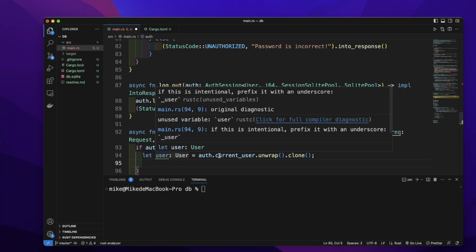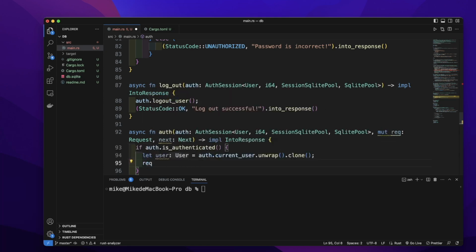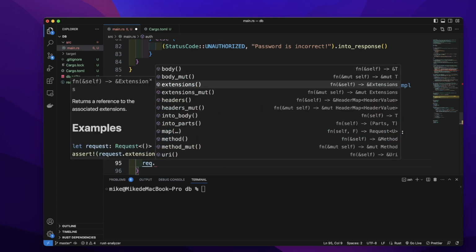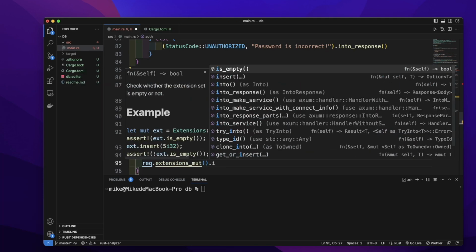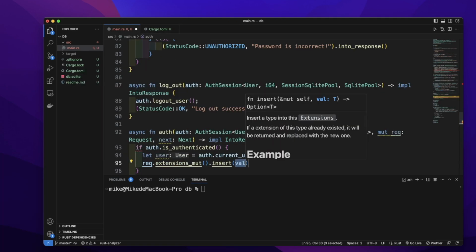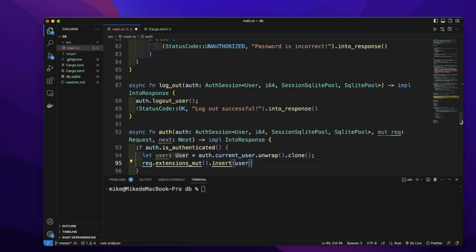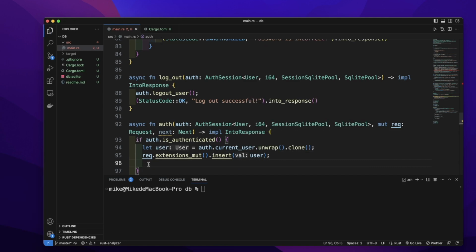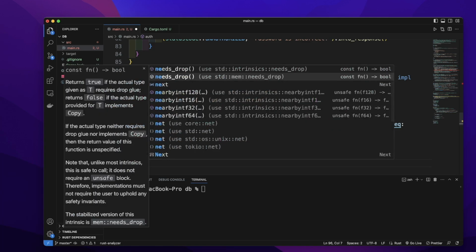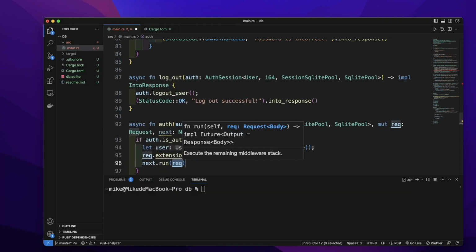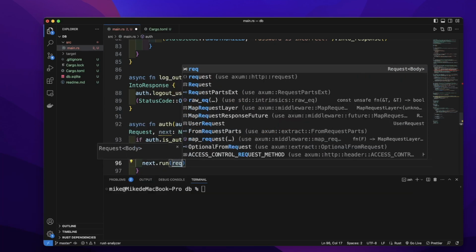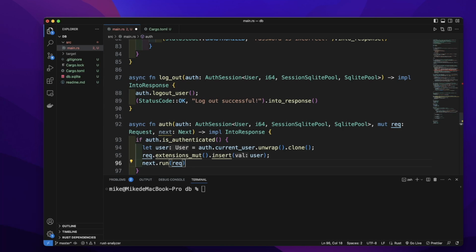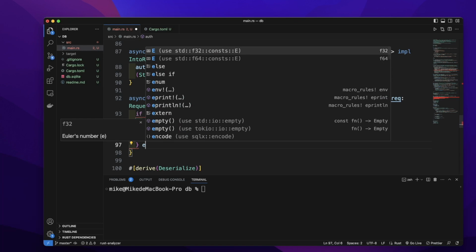Let's attach this user to request. So req.extensions_mut().insert(). We will insert this user. Then we will call next.run method and pass this request req as argument. Then we will call await. Else